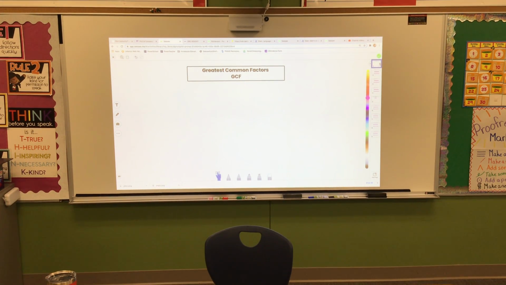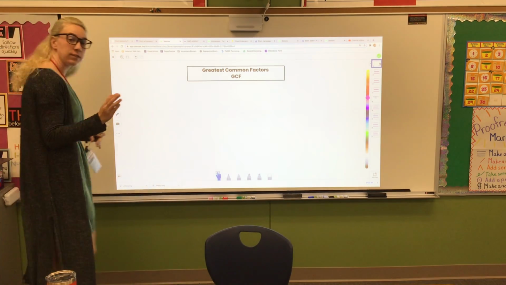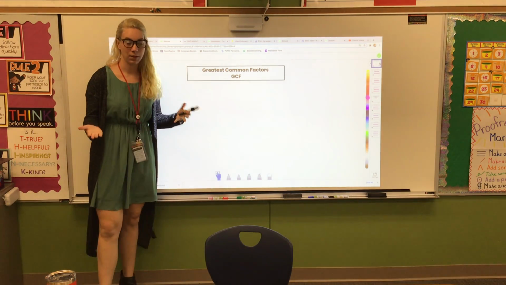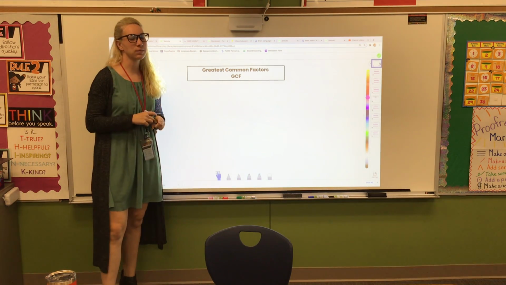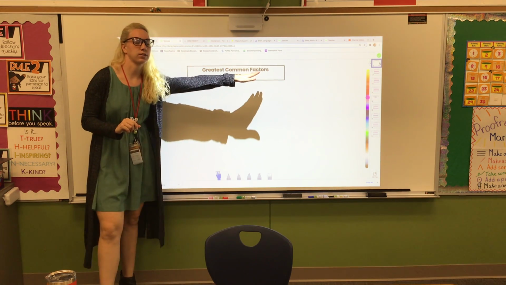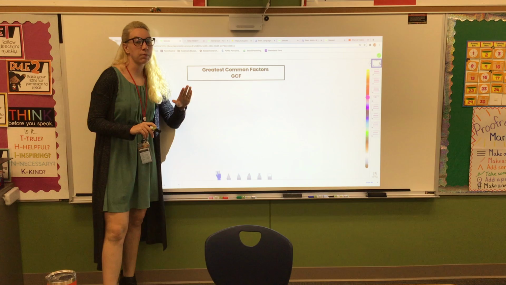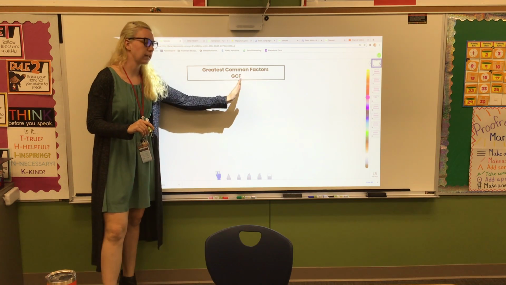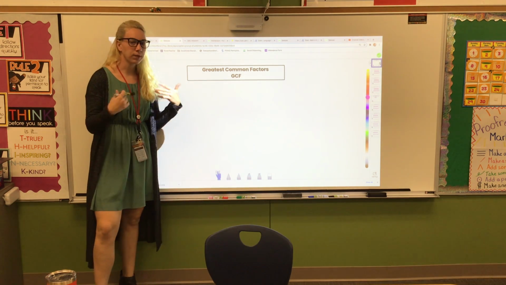All right, guys, we already learned about factors, and you guys have proven that you know factors. But now we're gonna learn something a little tiny bit different. It's called the greatest common factors. All right, greatest common factors, also known as GCF, are not difficult, but we're gonna practice them together so you